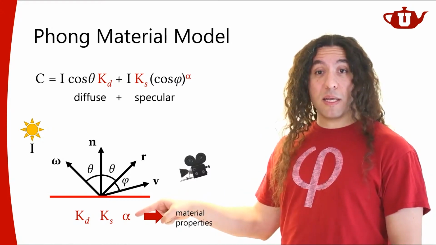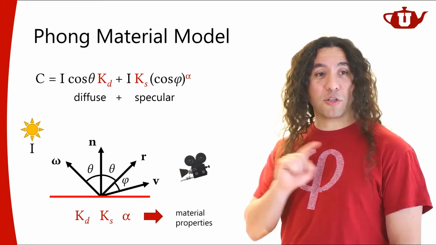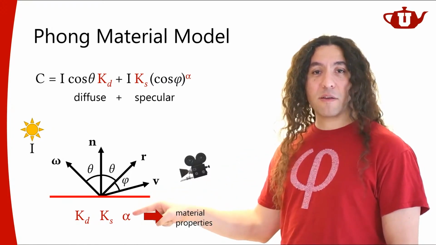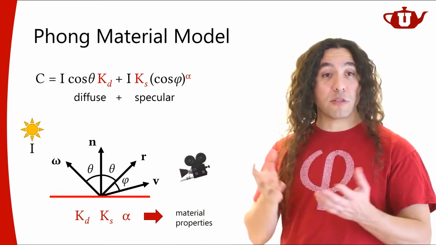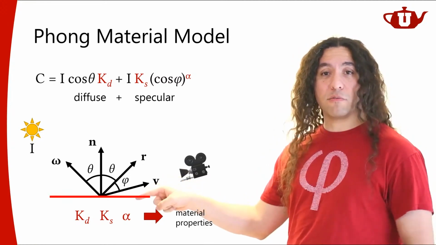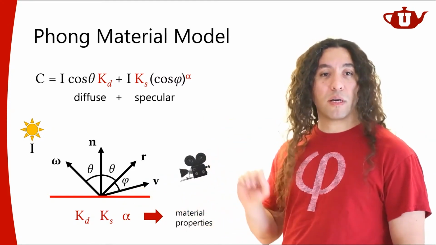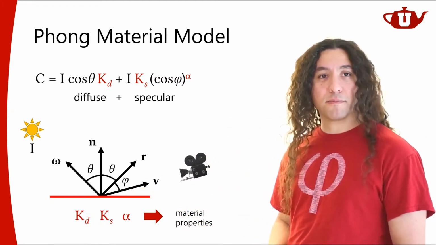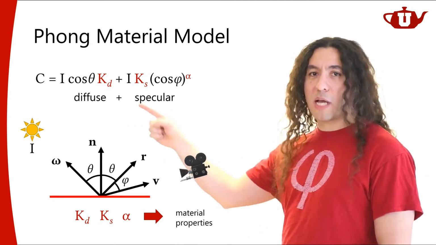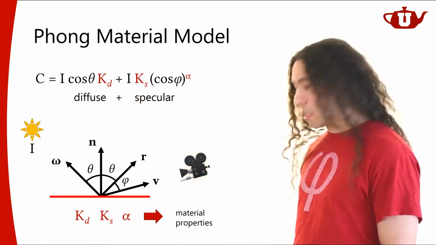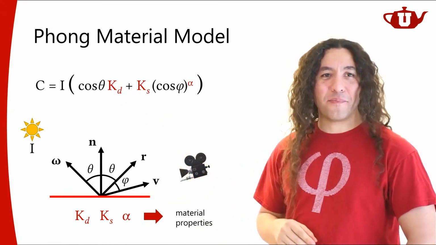Now this term is going to determine the shape of these specular reflections, and I'm going to show you some examples of that in a little bit. Based on this, I can tell how wide the specular reflections are on the surface. So that's going to control the shape of the specular, and this is going to control the magnitude of the specular reflections. All right. So you see both diffuse and specular terms are multiplied by the light intensity here, so I can just take that light intensity out here. This looks a little more reasonable, right?